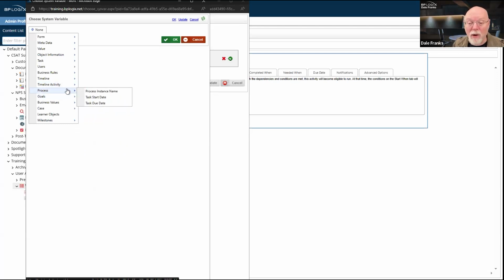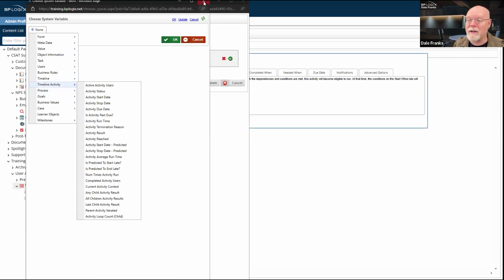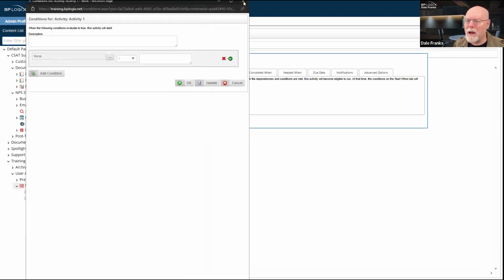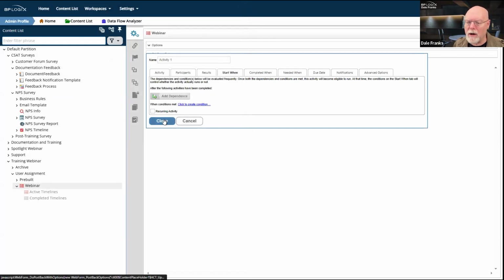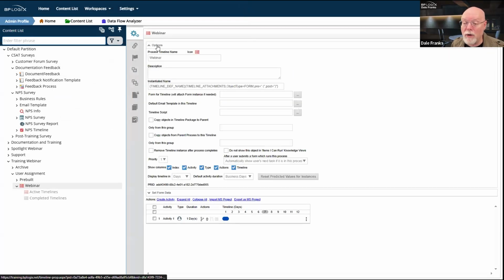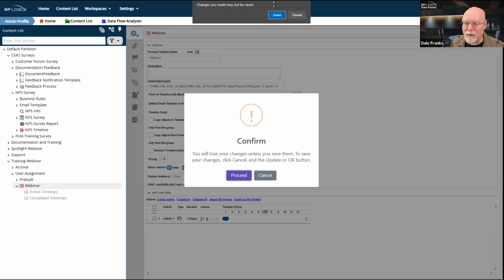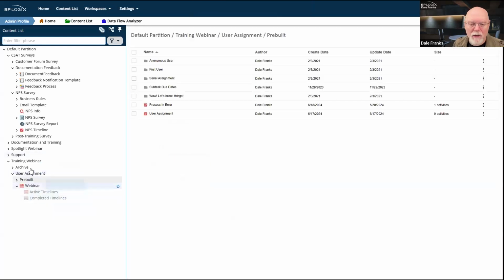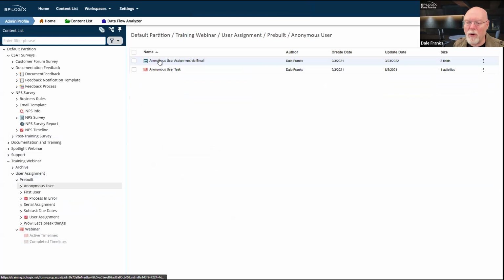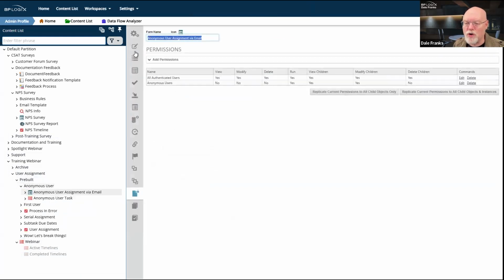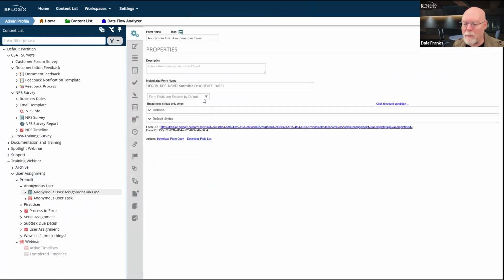But I do have the process and I do have the process task. And in fact, rather than going here and trying to grab that condition, because the condition builder is dynamic and in different contexts, you'll get some different conditions, let me go into a form and we'll go straight into the properties of the form.